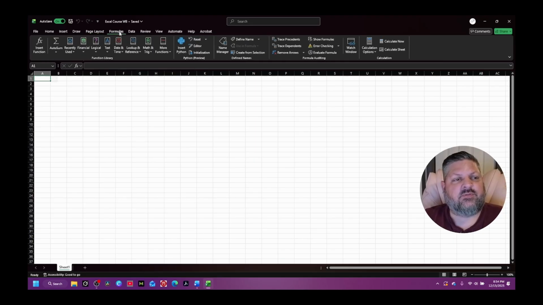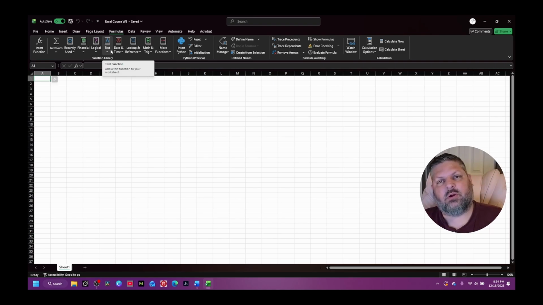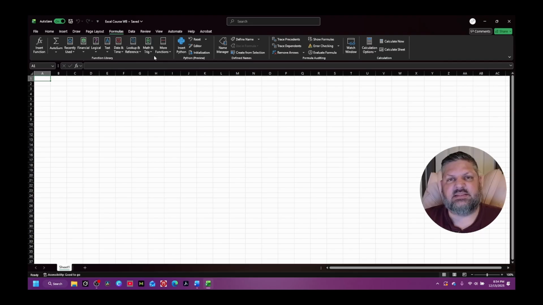Next to page layout is formulas, and this is where the function library is. You can get to all the functions that Excel has from the function library. It's fun to explore and see what's available in each one of the categories. But ultimately, as we work our way through this course, we're going to develop the function library as part of our vocabulary. And so when we need a particular function, we're just going to simply write it in as it's needed. And we'll cease needing to go through